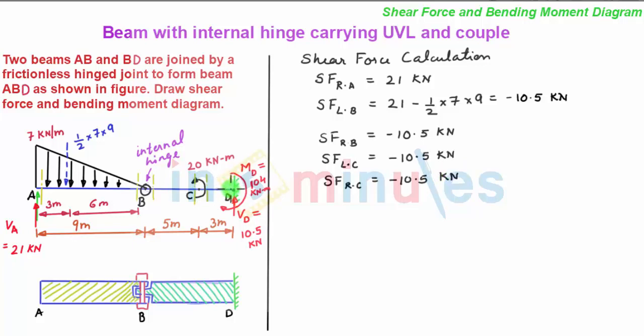Now we move towards point D. By taking a section towards left of D and very near to it, we calculate that the shear force towards the left of D is equal to minus 10.5 kilonewton, since again there is no addition of force between these two sections. Now this we can verify by considering the right hand side of the section. We see on the right hand side of section towards the left of D, there is an upward support reaction force VD equal to 10.5 kilonewton. Now upward force on the right hand side of section is negative, hence the value minus 10.5 kilonewton. So with this, our shear force calculation is over.